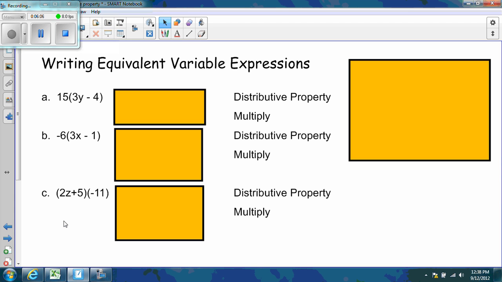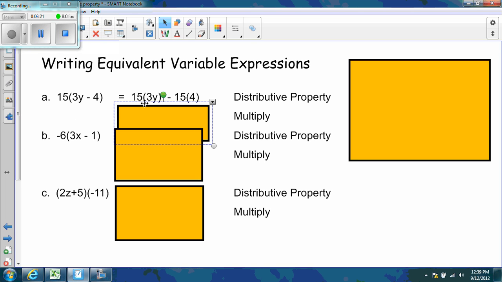So the last part is writing equivalent variable expressions. So this first example, the first thing we're going to do is use the distributive property. So 15 times 3y minus 15 times 4. And then we can actually multiply the 15 by both of those terms. So what we end up with is 45y minus 60. That's as simplified as we can get because we don't know what y is, so we don't have something to plug in for y, and the 60 doesn't have a y associated with it,